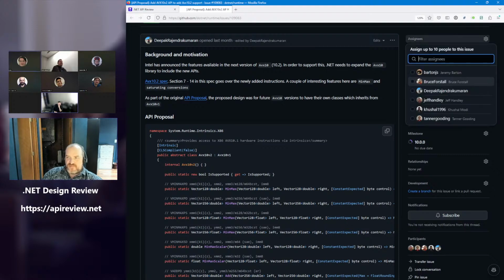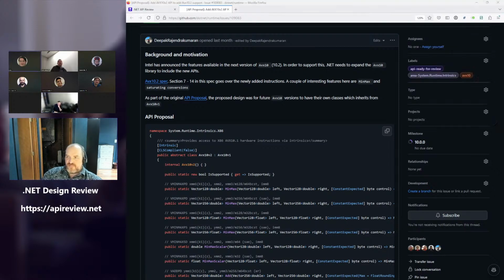So there's min-max and min-max scalar, following the existing general naming guideline of matching the underlying C intrinsic, the instruction name, and then differentiating by the scalar suffix where that's applicable. Do we feel that we use bytes for this, right, not specialized enums? Right, because the underlying encoding is specifically 1 byte. Okay.